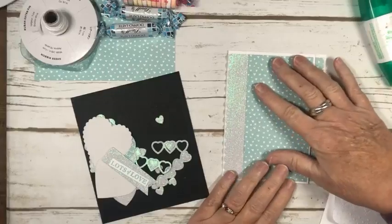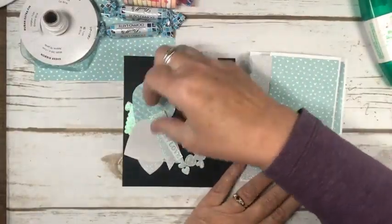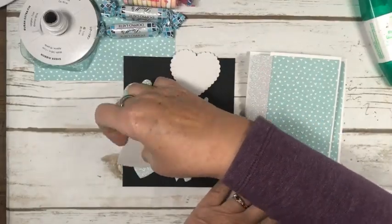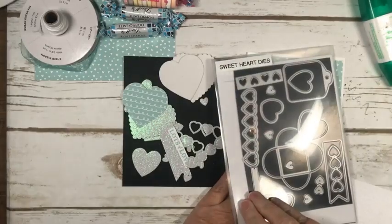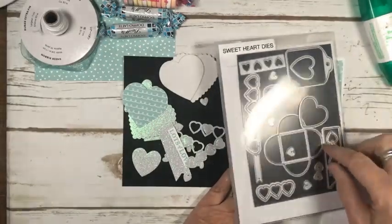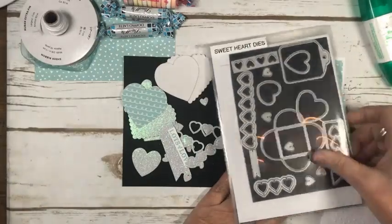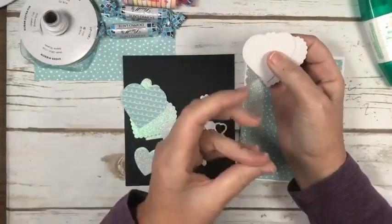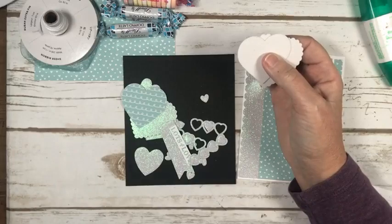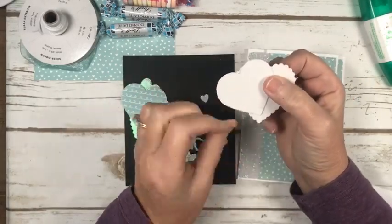I think it just really makes your envelope a little more exciting. Okay, so now for the front, I went ahead and I cut every heart that I could out of the, or every heart that was in this set, Sweetheart Dies, all of them, and also this as well. I cut out and just have them in a little stack here so I can use them. I also took our Valentine heart punch that's in the annual catalog. There's a scalloped one and a regular one. And this is the